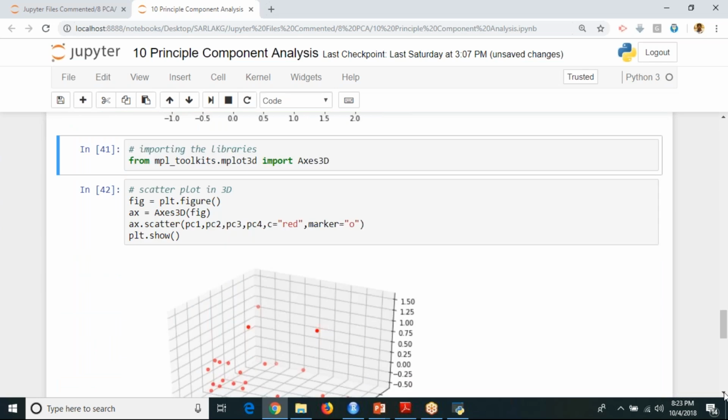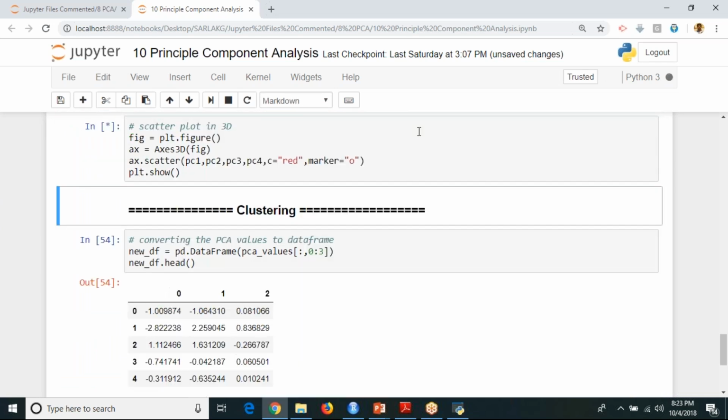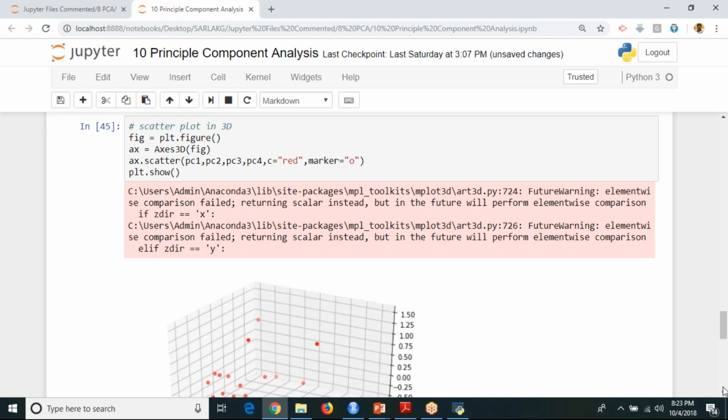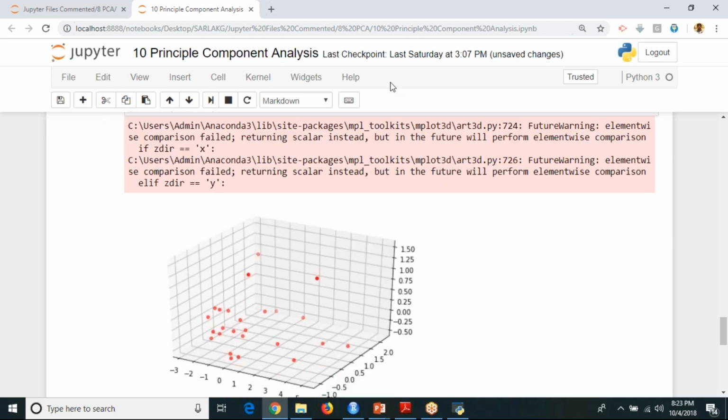I'm going to execute this now, once again. Even if you plot it, it is not possible. There is no point, because Z will be your x-axis, y-axis, and you'll be getting some warnings: element-wise comparison failed, because you are using more than 3.